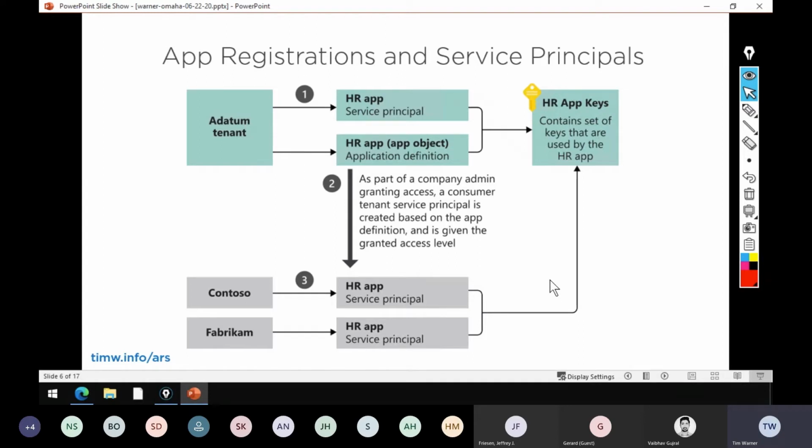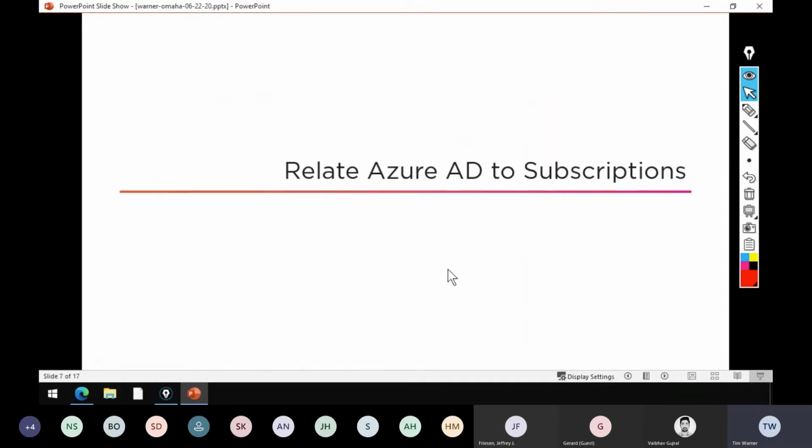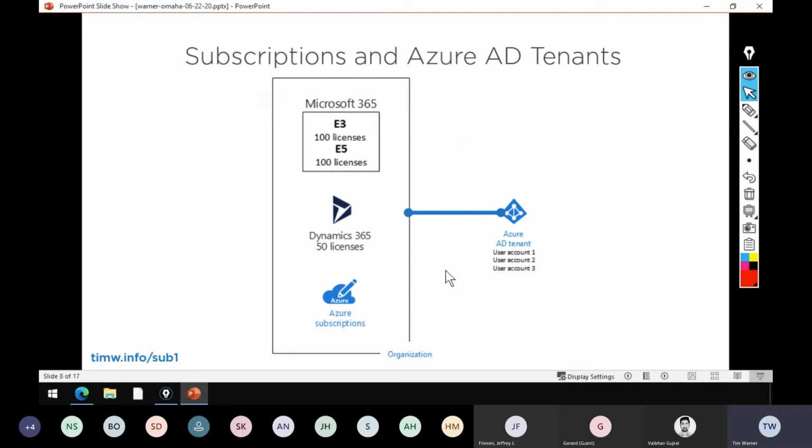So you can see that there's one canonical application definition in the home tenant, and there's a home service principal that you can use to give the application access to resources, to give your users access to your application. But then when other customers are consuming that application, they will have a service principal entity in their tenant as well. All right, so a couple more slides and then it's demo time.